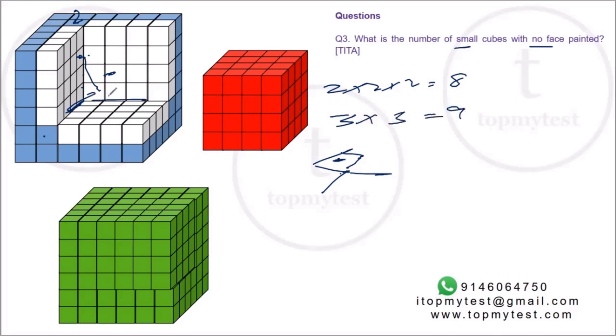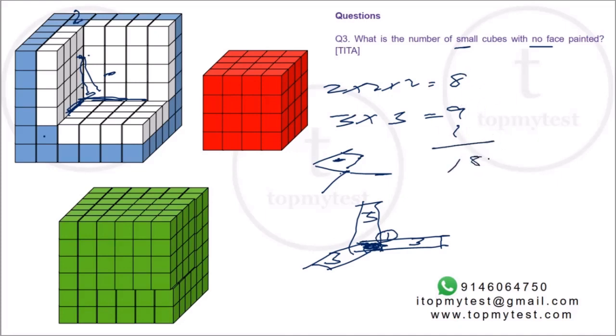Anything else we are missing? Yes, we are missing one more thing. Now there will be a cube which will be at the intersection of all these three columns, or all these three stacks. So there will be a vertical stack, there will be a horizontal stack, and there will be a depth stack. Right, so we have counted 3 here, we have counted 3 here, we have counted 3 here, but there is one at the intersection of all 3, 1 which we have not counted. So you need to count that one back. Add this up, 10 plus 8, 18 will be your correct choice.